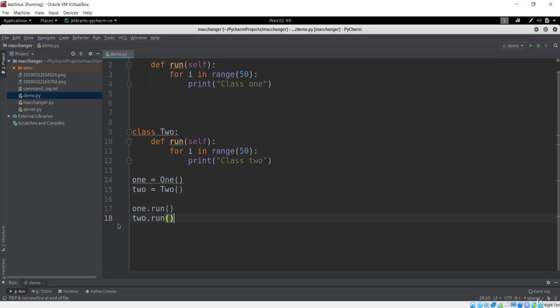So a thread is a particular part. It is only a part of the process, and one process will have multiple threads. But if you run only one process, it will have the main thread and the execution, or simply the different parts of a thread. So just remember that.